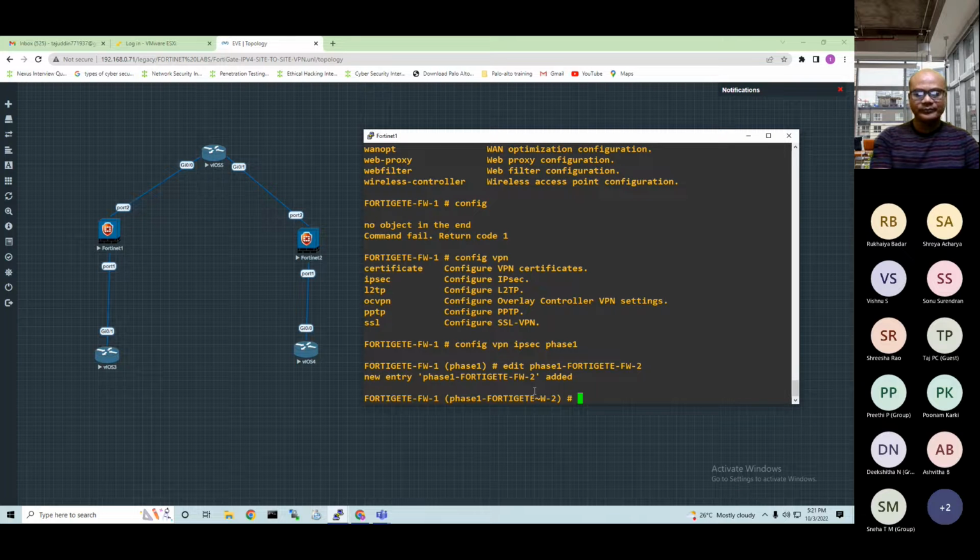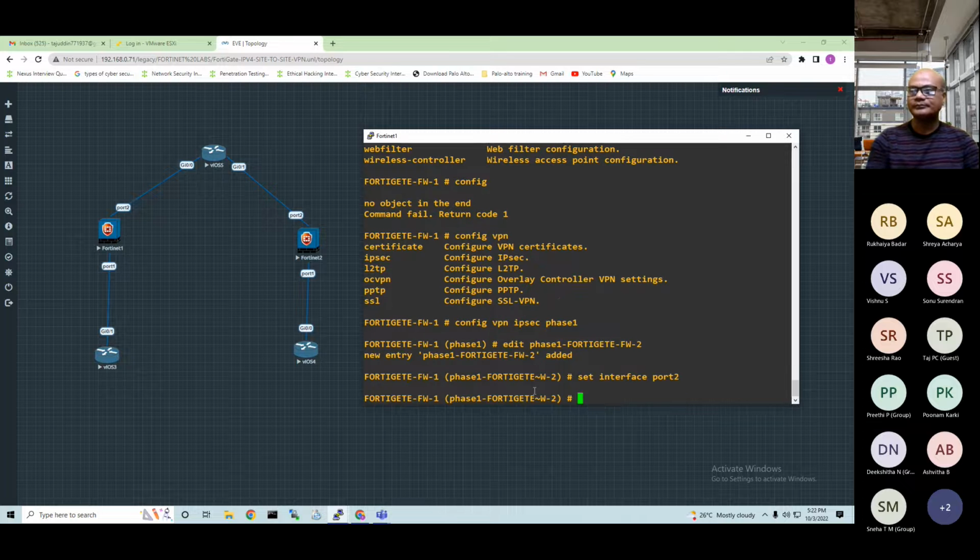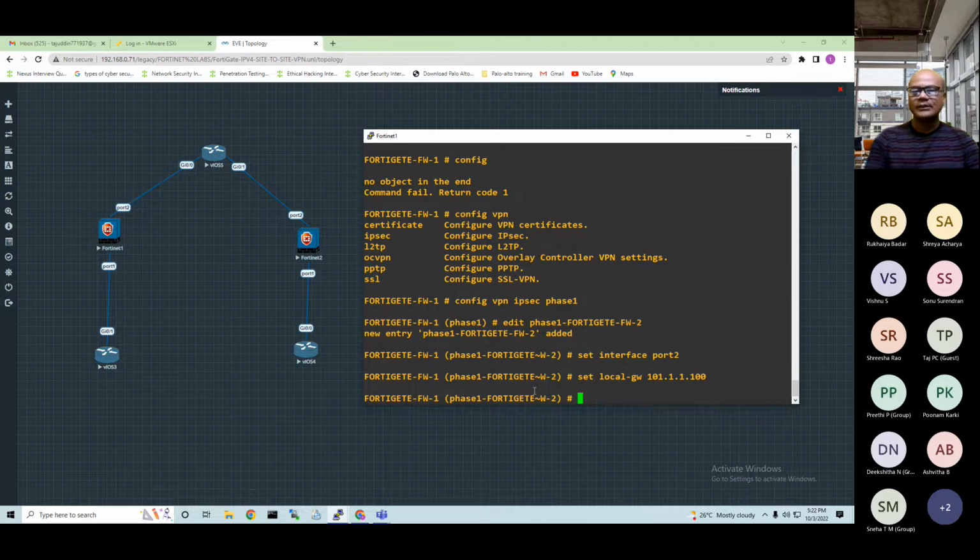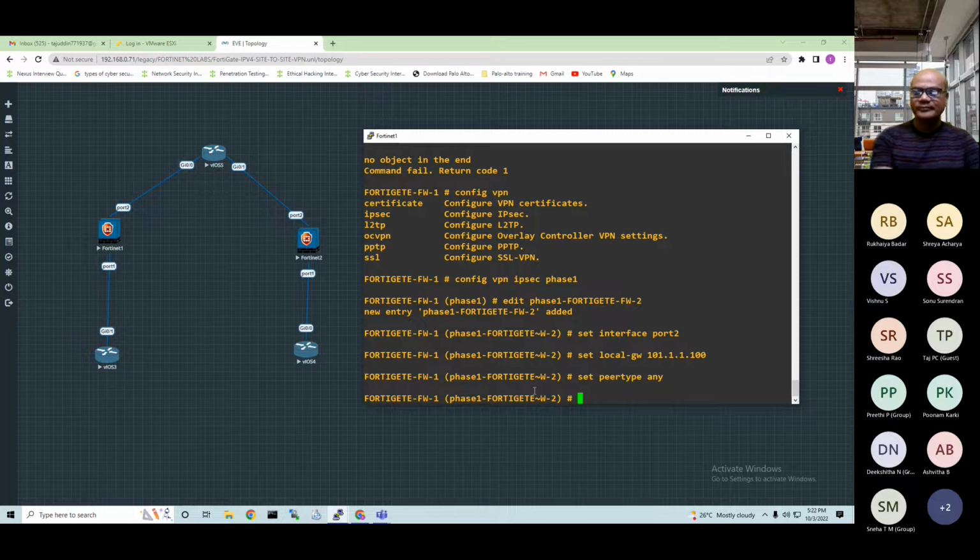What do we have to enter? Set interface port number 2, because it has to go via port number 2 only. Right now I'm in firewall 1. Set local gateway, the IP address is 1.1.1.100. Set peer type to any peer, because right now all are directly connected. So set proposal